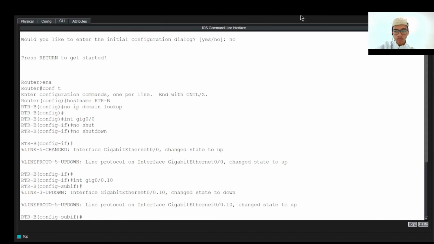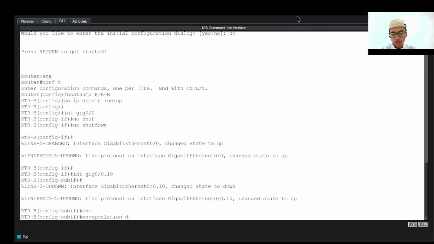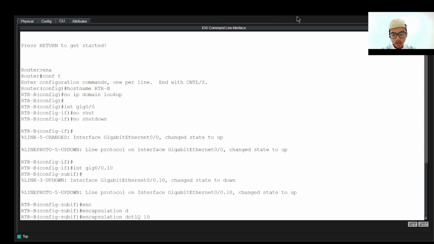After that, the name is the sub interface. In sub interface VLAN 10, we type encapsulation dot1q 10.